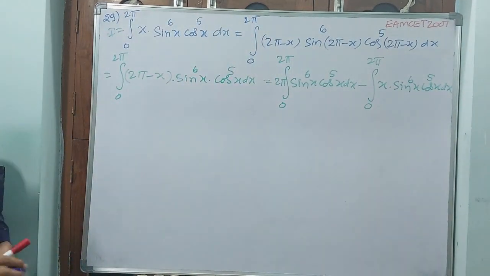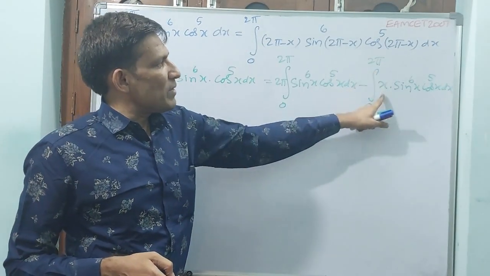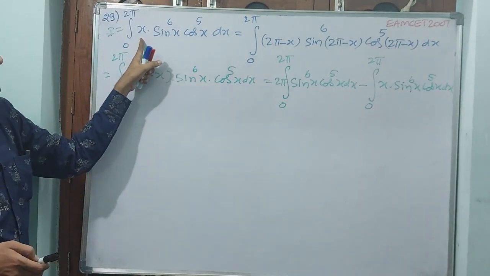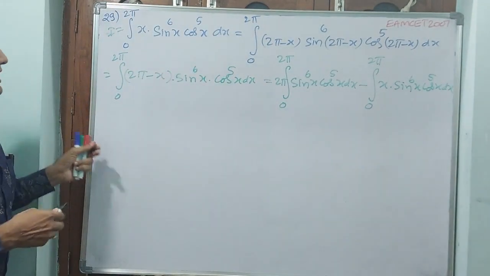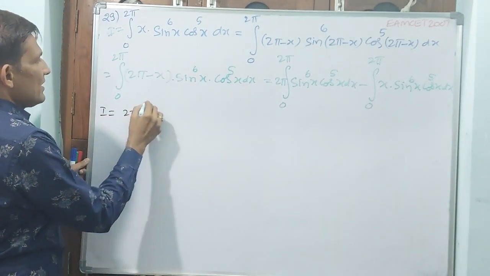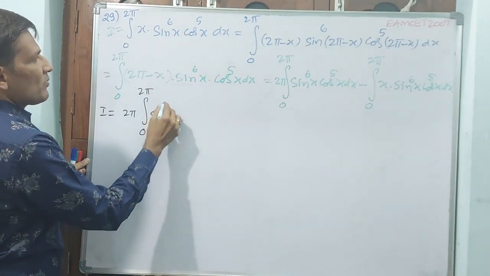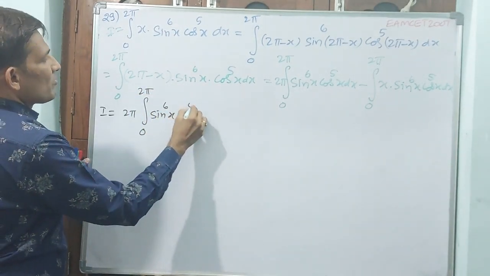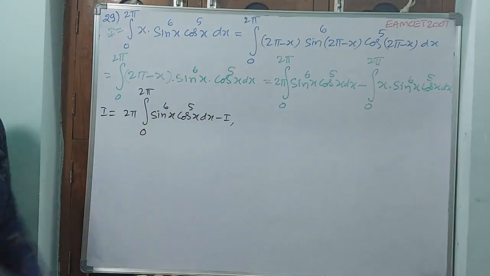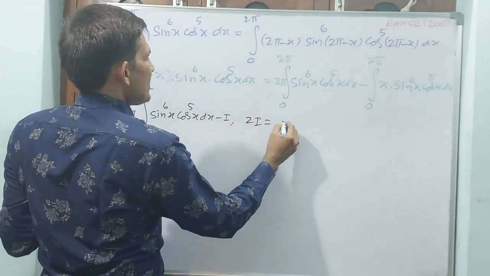Now you tell me, what is this, minus integral 0 to 2 pi x sin 6x cos 5x? Is this I only? Shall I write like this? I is equal to 2 pi integral 0 to 2 pi sin to the power of 6x cos to the power of 5x dx minus I. Then minus I you set this side, 2I is equal to